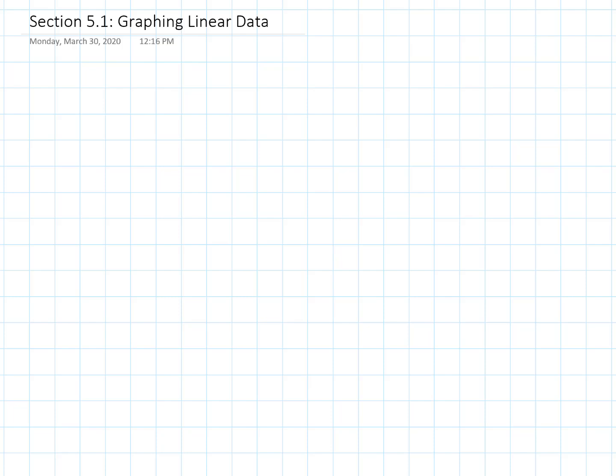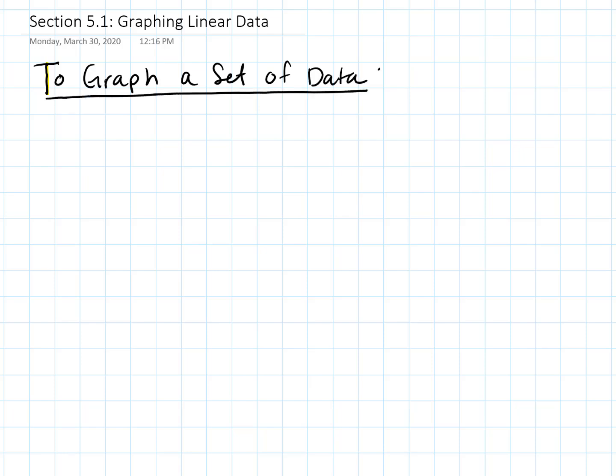So what I want to do is go through some basic steps to graphing data sets and a few examples. So to graph a set of data, the first thing that we're going to do, and I'm going to walk through this in steps and go back and forth between the steps and an example of how to apply each of the steps, is determine